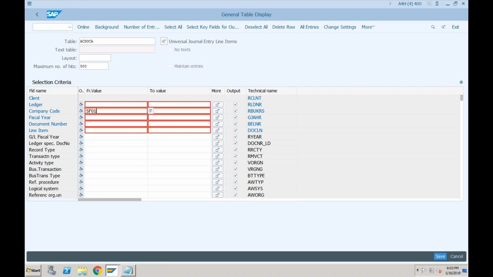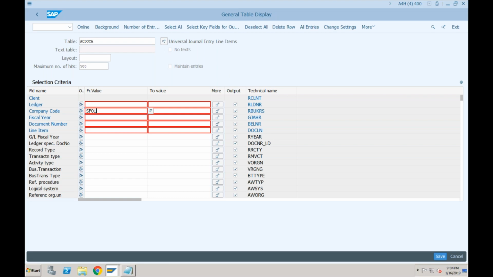So as of now, again, BKPF is still available. And the target of ACDOCA is not to replace the main tables of SAP. It is not to replace the tables BKPF and BSEG. It was trying to replace the new GL tables like FAGLFLEXA.